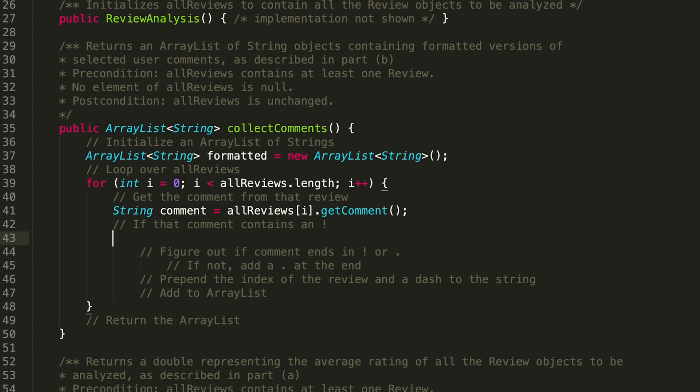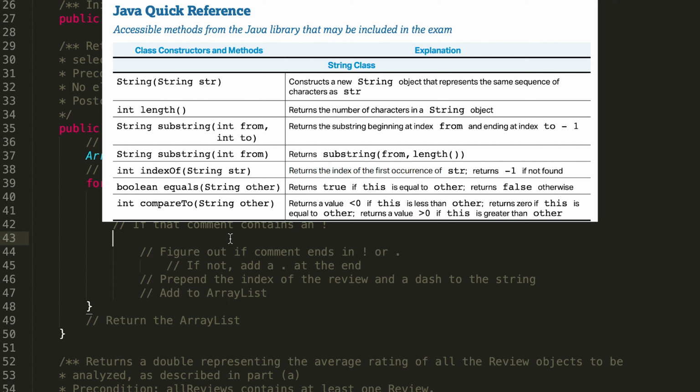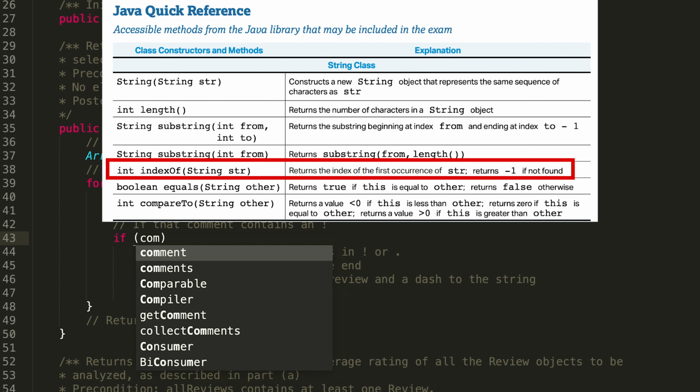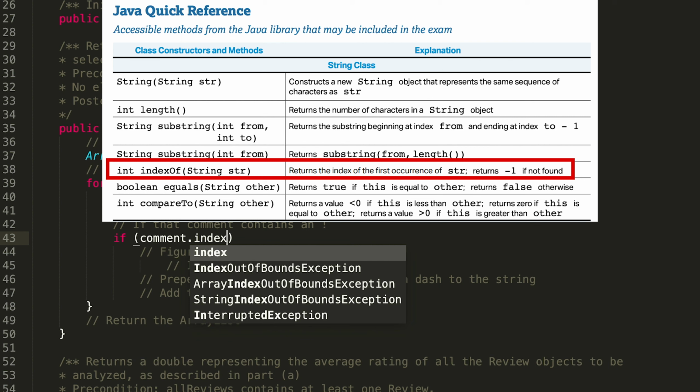Figure out if the comment contains an exclamation mark. So we'll only be adding this to this formatted array list of strings if it contains an exclamation mark anywhere within it. So this is where you look at your handy dandy cheat sheet, see if there are any methods that might allow you to do this. And the one that I think would work is indexOf. So you call comment dot indexOf,